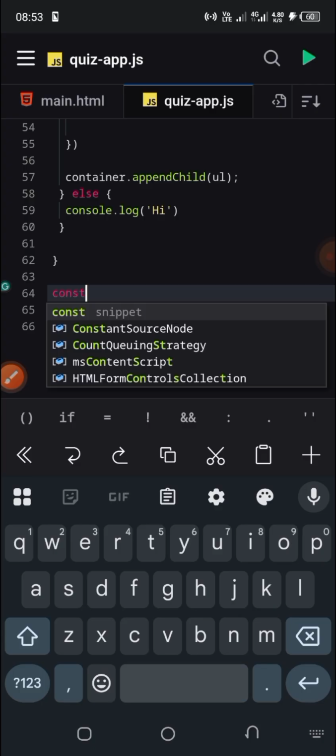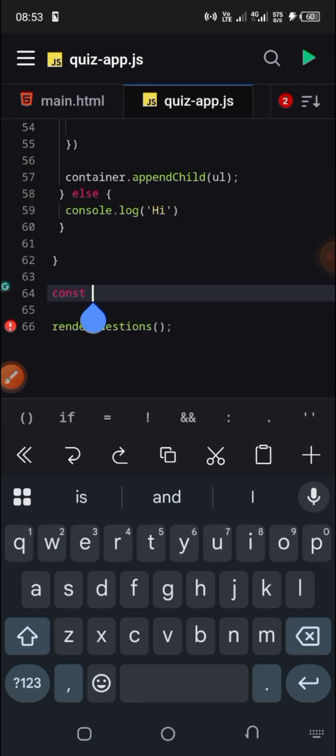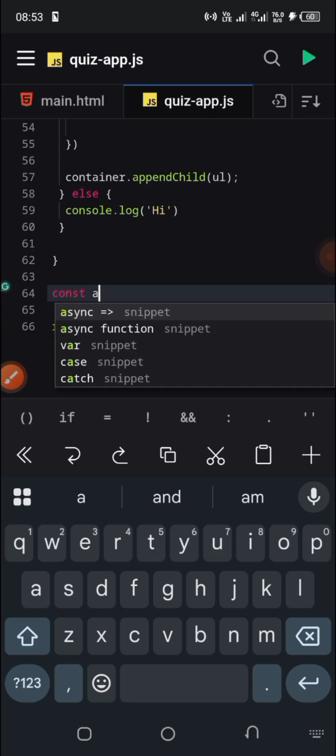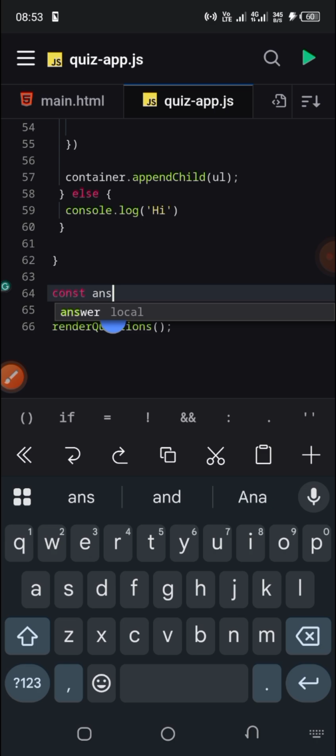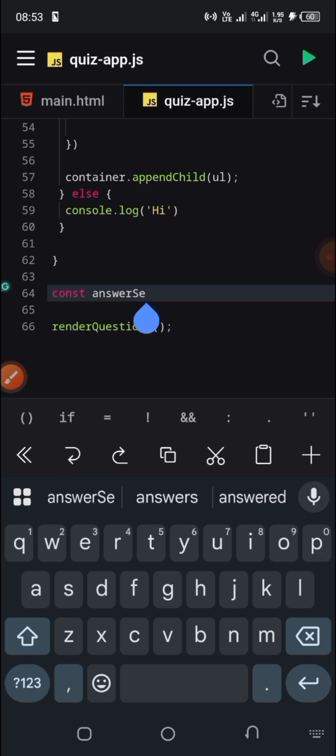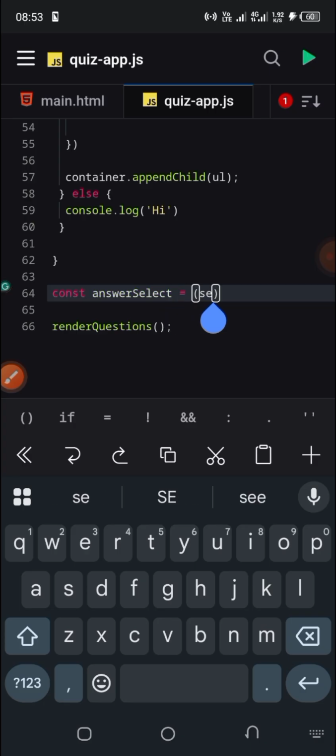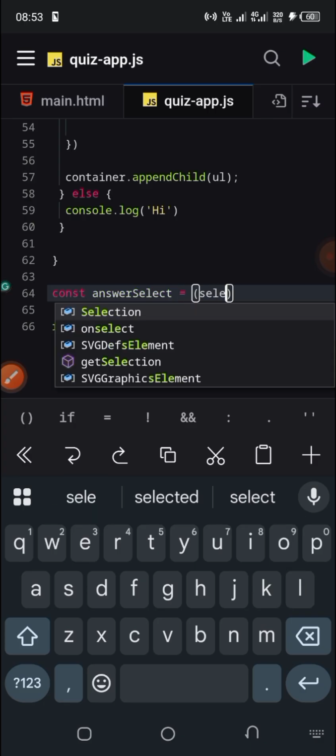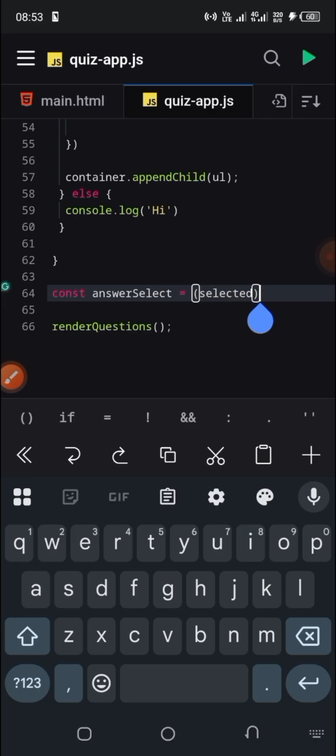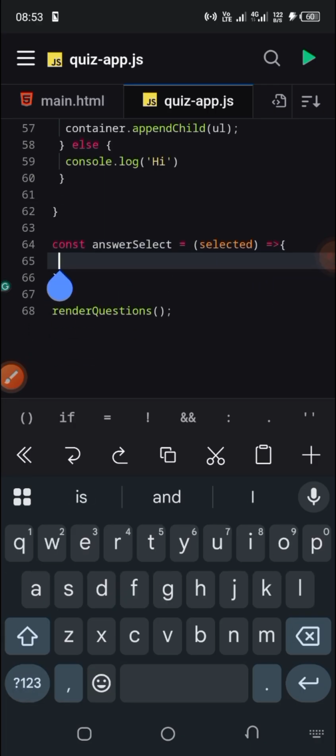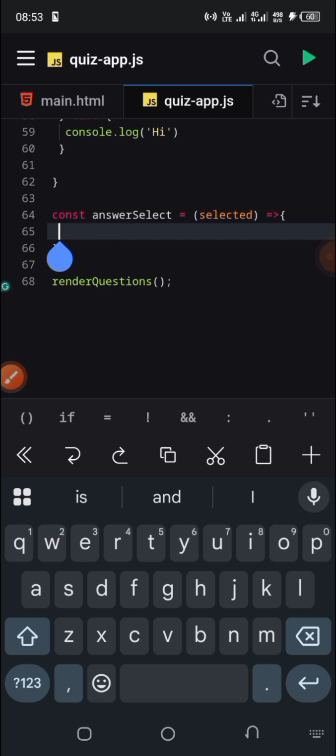And we are just going to say const, let's just call it answer select. You can name it whatever you want. Answer select is going to be equal to a function that takes what we call a parameter, select. So that's what I put there. Then here we are going to say